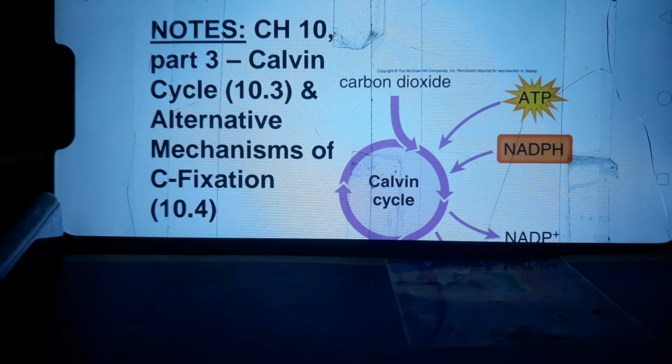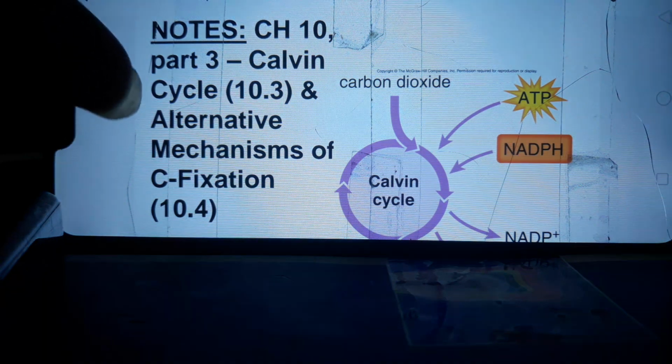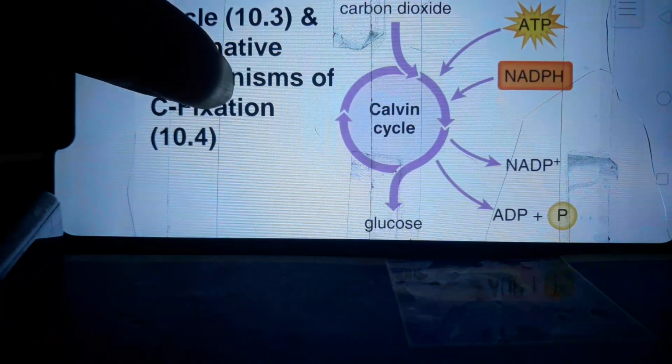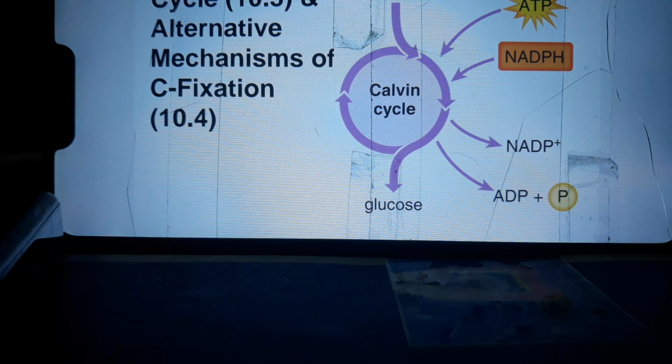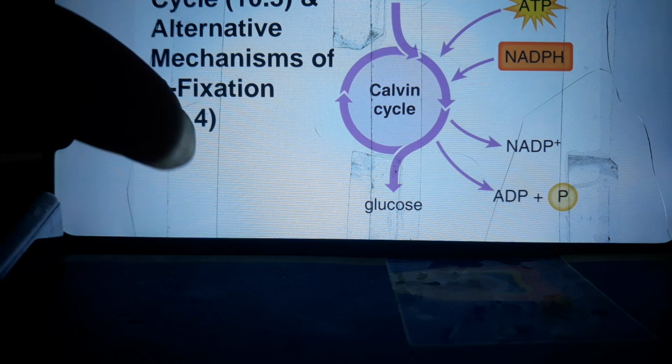Right, now I'm going to give you a diagrammatic representation with some illustrations of the Calvin cycle and the alternative mechanisms of carbon fixation. You can see the diagram here with the carbon, with the presence of ATP and NADPH, which gets consumed to be reduced to ADP and NADP plus, from NADPH to give a molecule of glucose